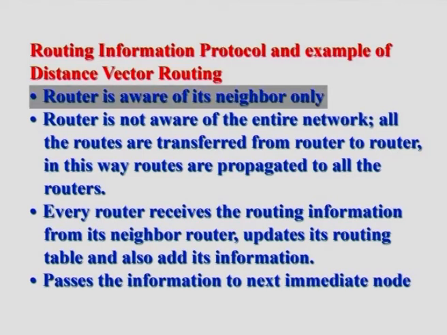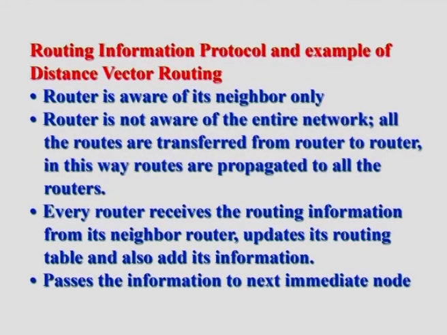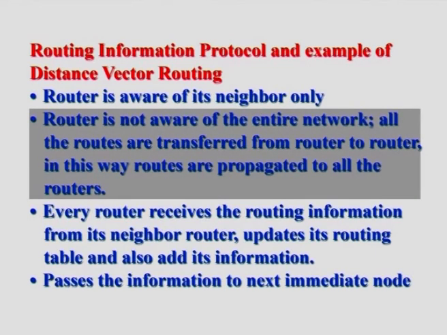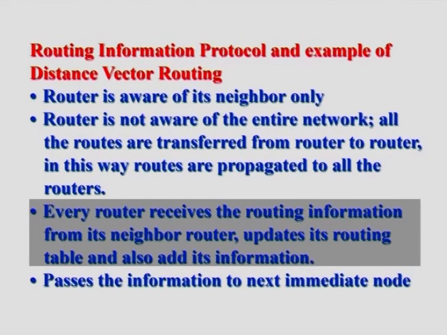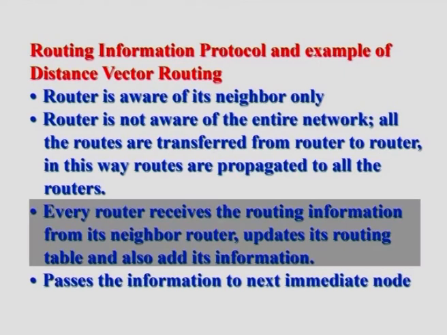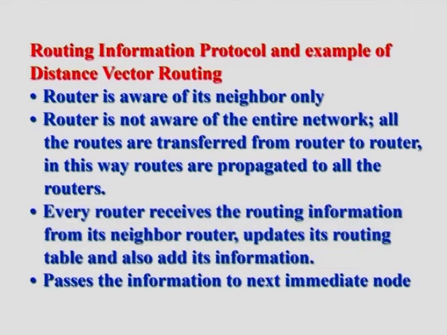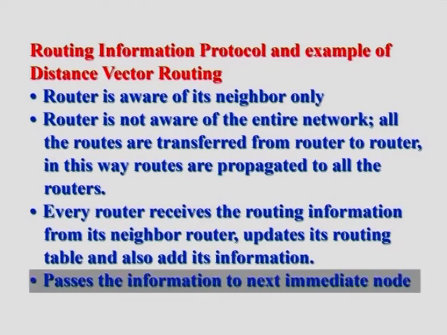In RIP, a router is aware of its neighbors only. The router is not aware of the entire network. All the routes are transferred from router to router. In this way, routes are propagated to all the routers. Every router receives the routing information from its neighboring router, updates its routing table, and also adds its own information, if it has better known routes than those mentioned in the incoming routing information,